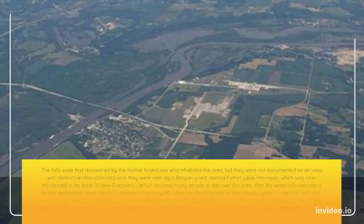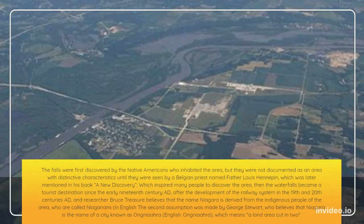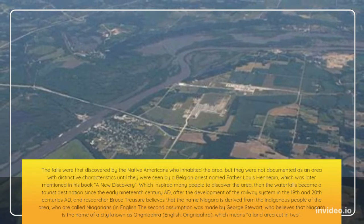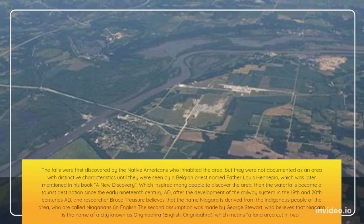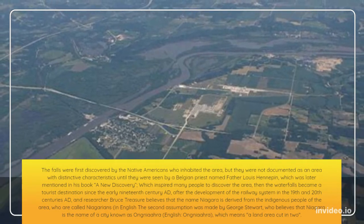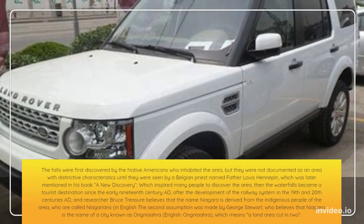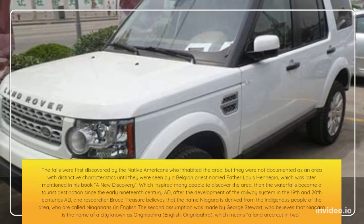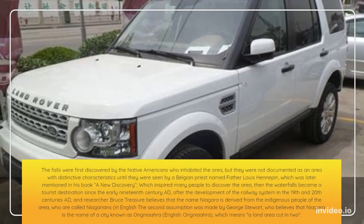The falls were first discovered by the Native Americans who inhabited the area, but they were not documented as an area with distinctive characteristics until they were seen by a Belgian priest named Father Louis Hennepin, which was later mentioned in his book A New Discovery, which inspired many people to discover the area. Then the waterfalls became a tourist destination since the early 19th century AD, after the development of the railway system